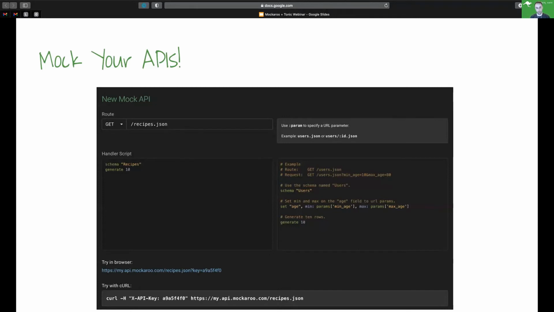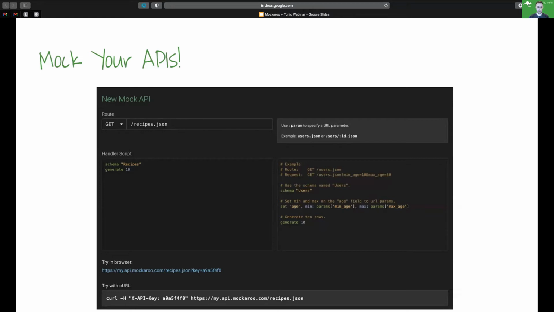So here's a really simple example of a mock API. Let's say I create a schema called recipes, and I want to create an API for my index page. So you set the method, the URL here, and then you have a little handler script where you pick the schema and you generate a number of records from that schema. And then you can also parameterize that schema as shown in the example here.